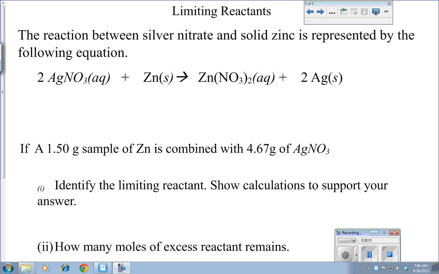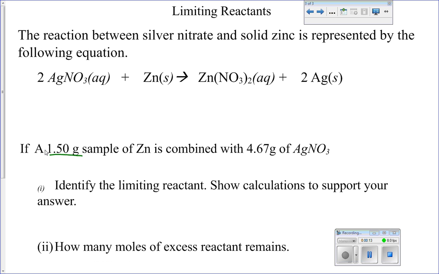Working this limiting reactant problem, there are just several steps you have to go through. First of all, when we see grams, we need to convert our grams of each of the reactants to moles. To do that, I'm simply going to divide by the molar mass of each of them. So in the first one, I have 1.5 grams of zinc. If I divide this by zinc's molar mass, which is 65.39,